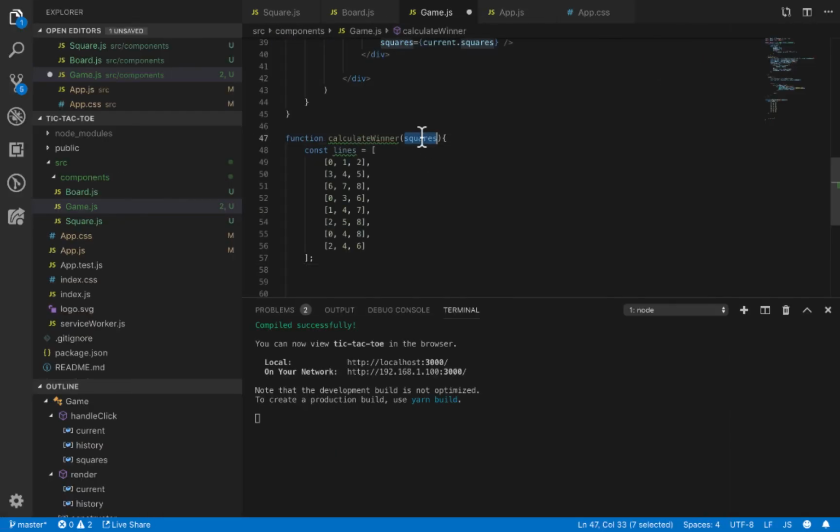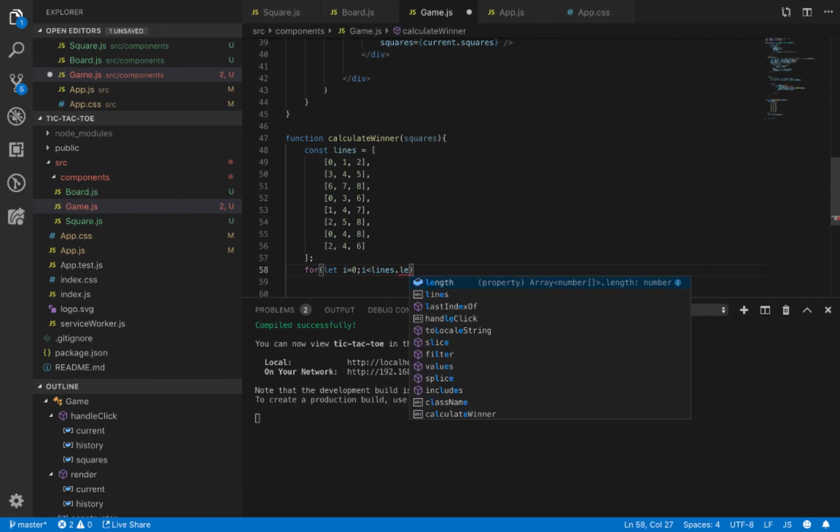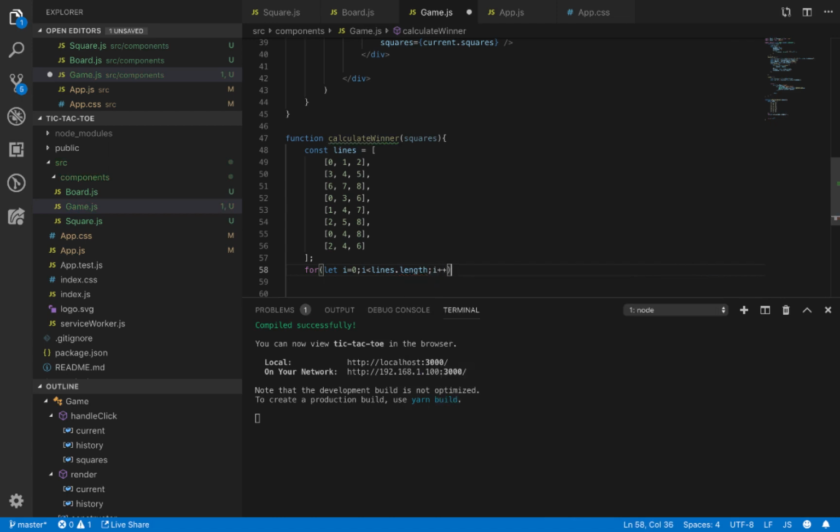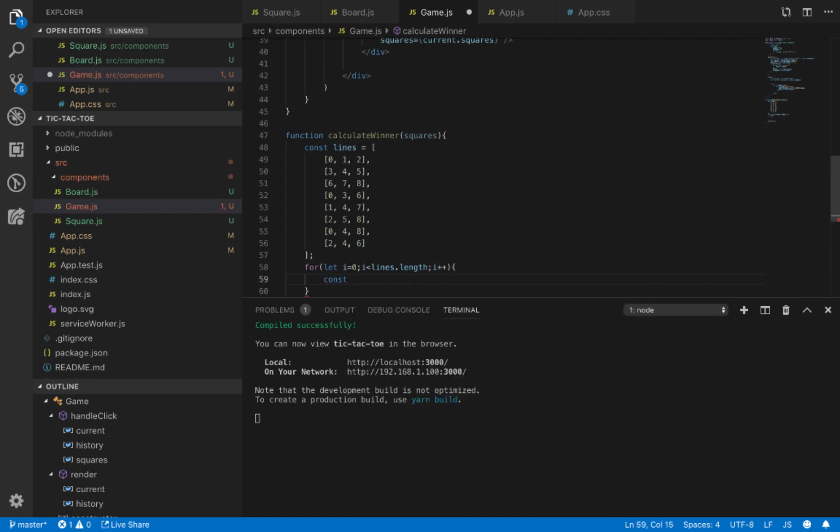So we need to check the squares items against this path. So create a for loop for i = 0, i less than lines.length, i++, and inside that we need to check the squares against the line. Just define a, b, c from lines[i]